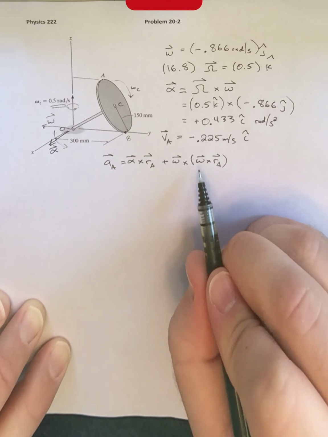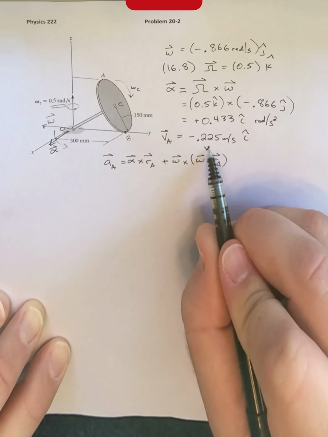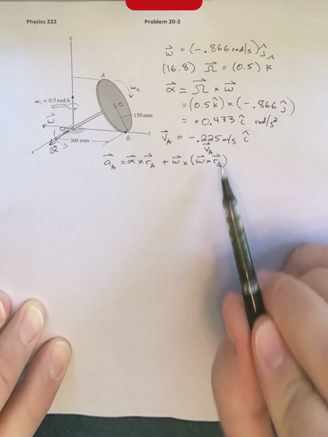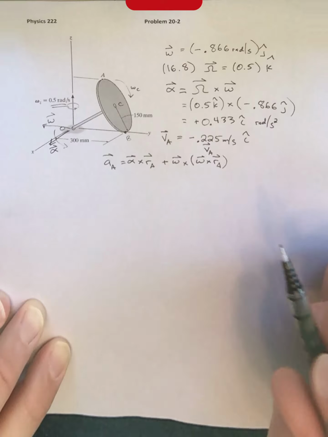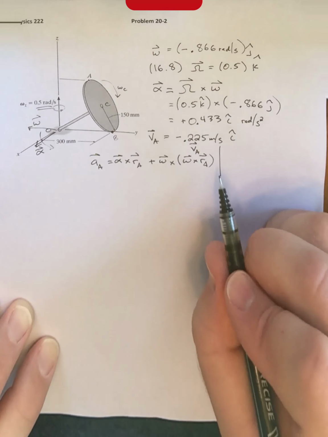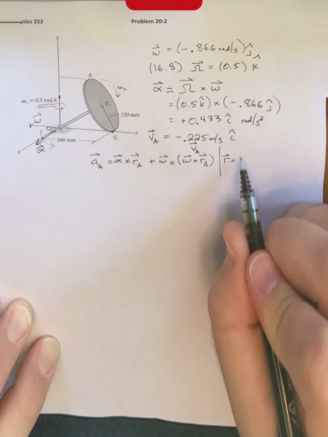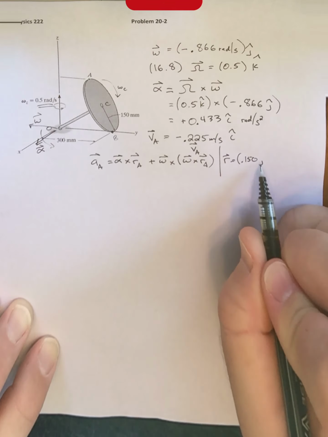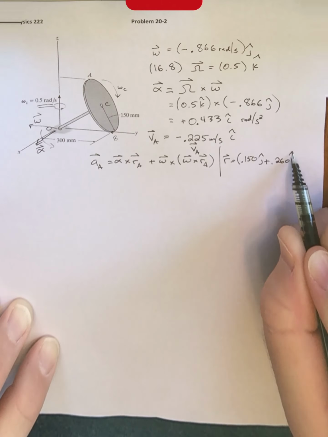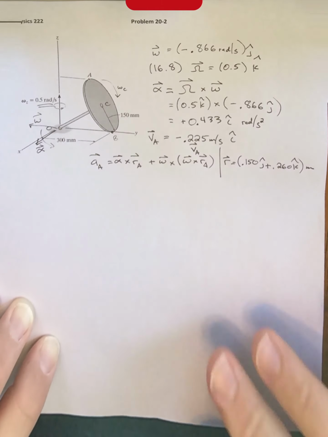And remember, this omega cross r sub a was in fact equal to v sub a. So we could just directly plug in that expression since we've already found that before. Again, from before, we can pull the value of our r vector. R is going to be equal to 0.150 j hat plus 0.260 k hat, and that's converting both of those